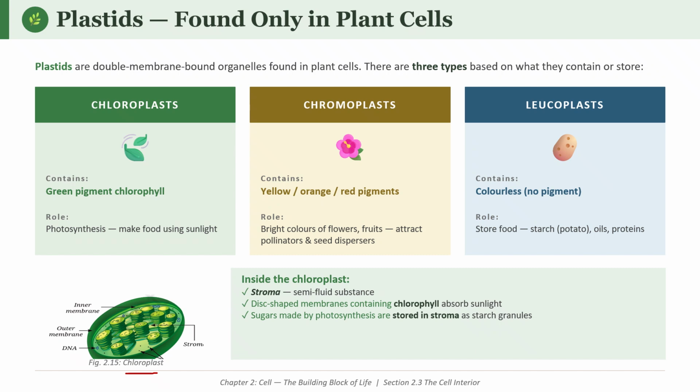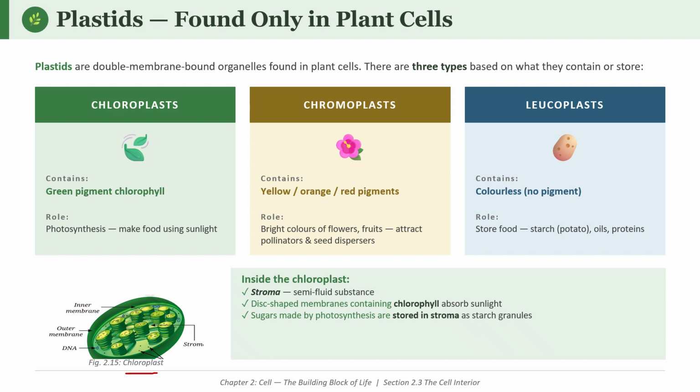So what is the function? It gives bright colors to fruits and flowers. Why is it present? What is its functionality? See, bright colors actually help in attracting the insects, that is the pollinators, and also fruit eating animals. Why do they need fruit eating animals? In order to disperse the seeds. Yes. So when we take tomato, carrot, marigold flower, all these are some chromoplast